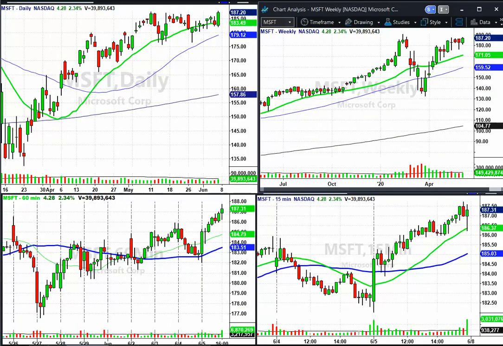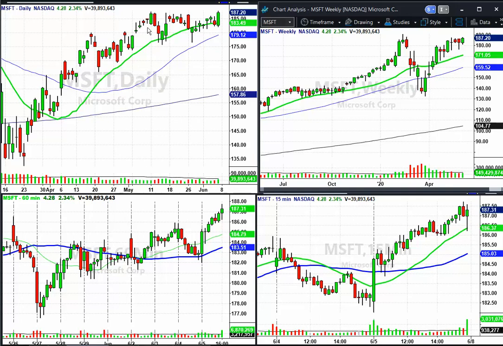Okay, let's talk about Microsoft. Now, I don't own this one now, but I did buy it. I was fortunate. I found the bottom here around 135, 140. I owned it, and like I said, I rode it up, and was out more in this 170 area here when they had this day down here, and I thought, okay, we're going to get a bigger leg down. I was wrong, but I had my profit taking plan, and I followed it. Now, would I be another $17 a share higher in this thing if I had some? Yeah. But again, I don't have a crystal ball, just like anybody else. I got to follow my plan.